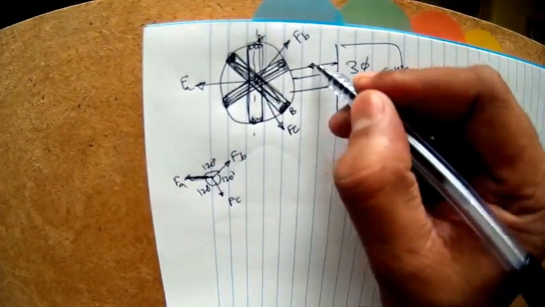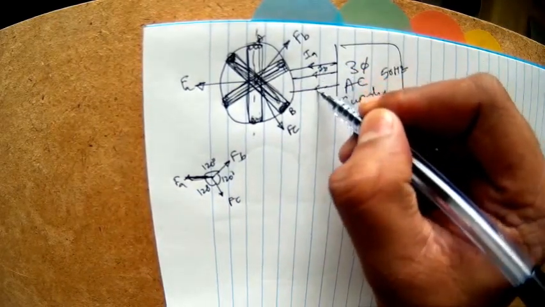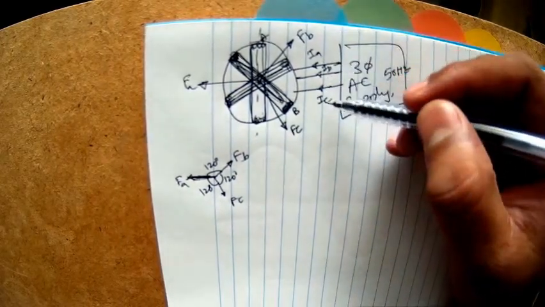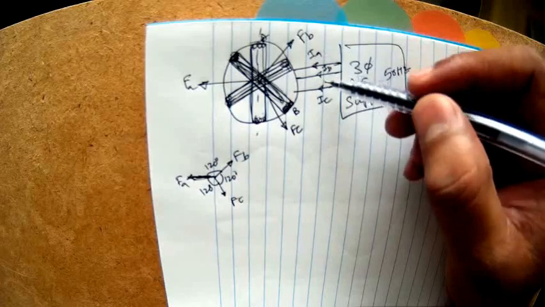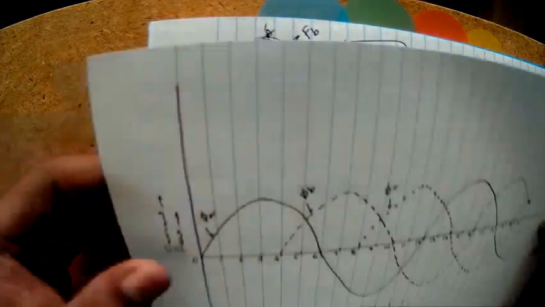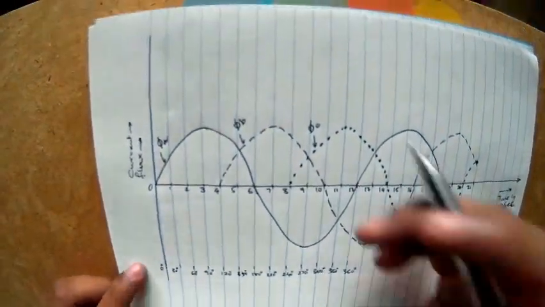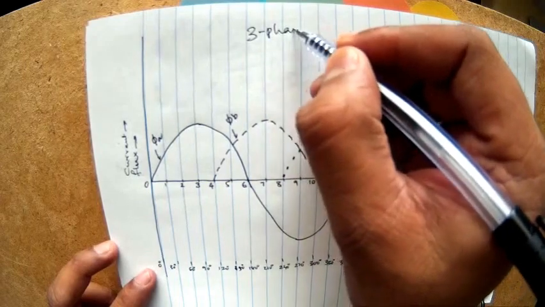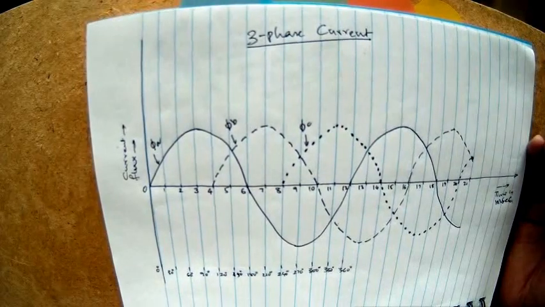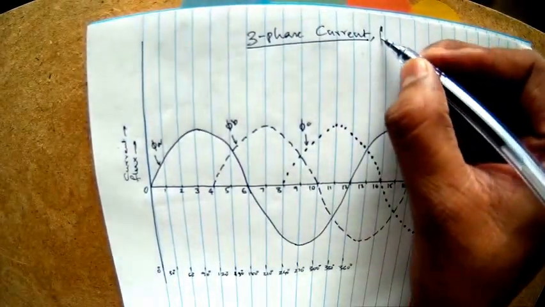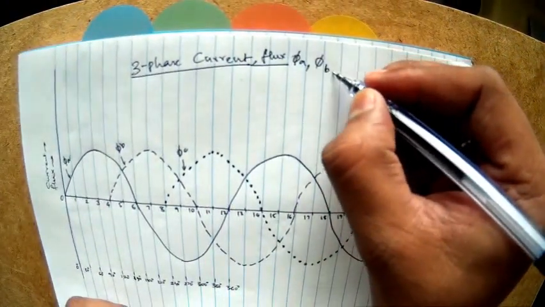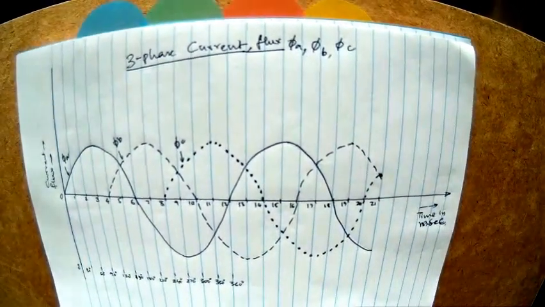Now immediately you can imagine IA, IB, and IC. Three currents will be flowing into the machine. So these three currents are three-phase currents, which are themselves separated by 120 degrees electrically. So in this page, I am drawing such a three-phase current. Now since current is proportional to flux, the more current will generate more flux. I can also call it as three-phase flux also. So let's denote phi A, phi B, and phi C as the flux.